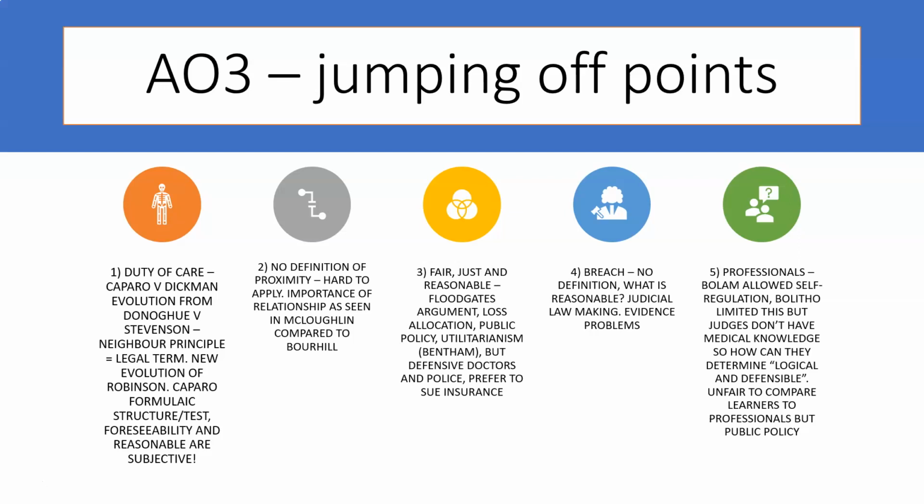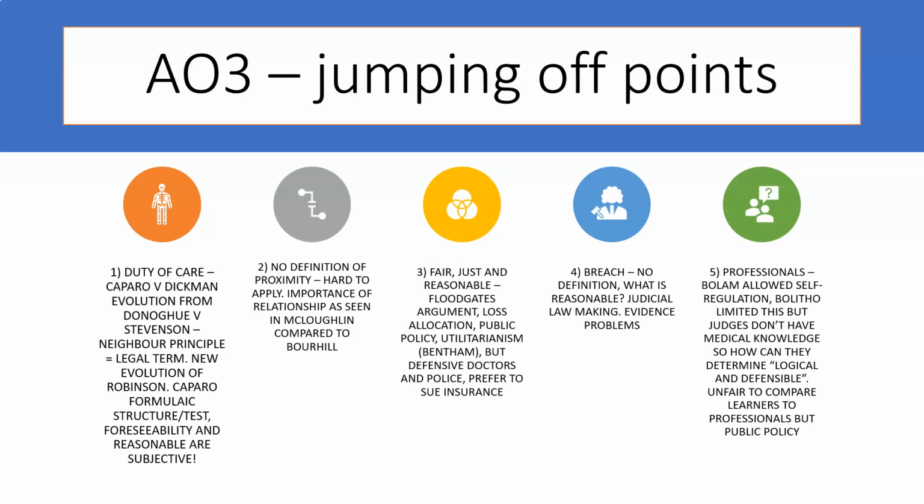Second bit is around proximity, and there's no real definition of proximity, and that's the second bit of the Caparo test, remember. And it's very difficult to apply. It talks about sort of time, relationship, space, and it's a very ambiguous term about what really is proximate or in proximity. So students often find this really difficult to apply in terms of the AO2, but you can make that point in the AO3 that if it is difficult to apply in a scenario, it is obviously difficult to apply in the courts as well. And obviously we saw that relationship is really important. We saw that in the differences between McLoughlin v